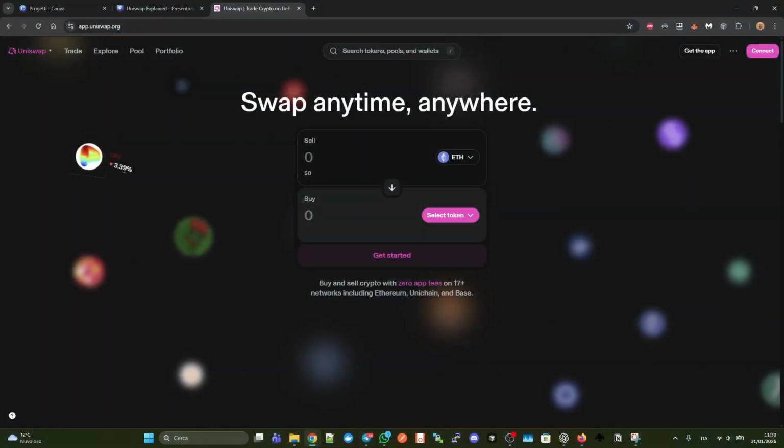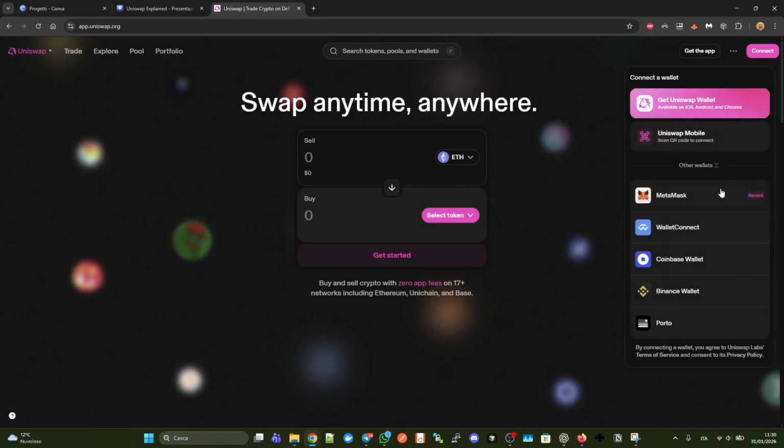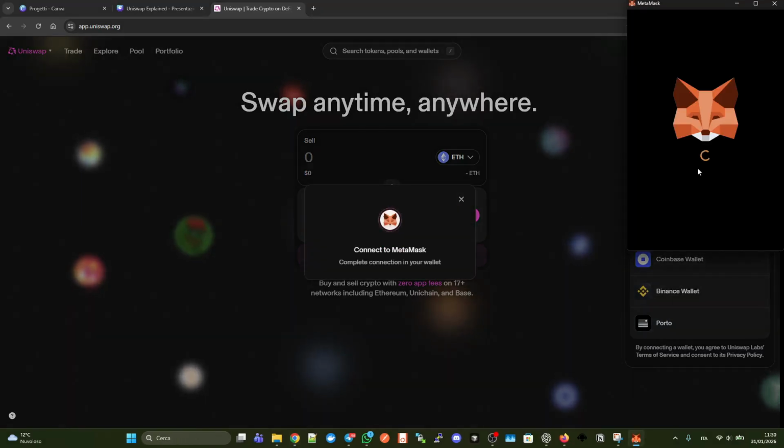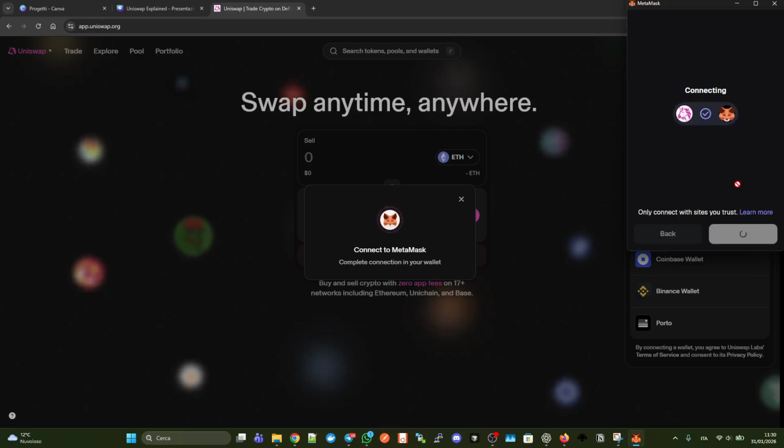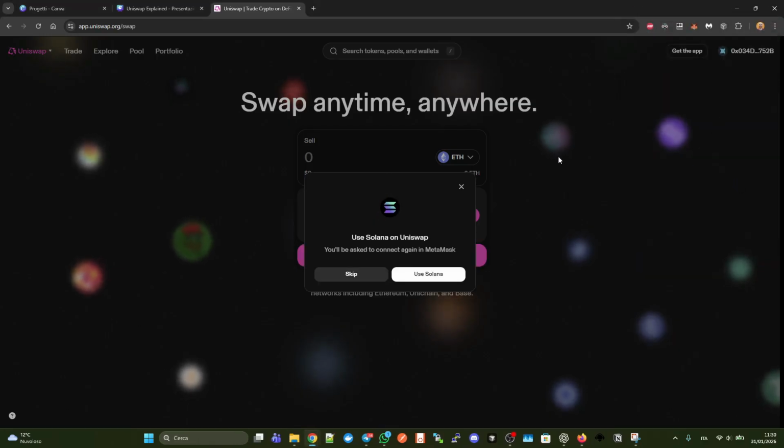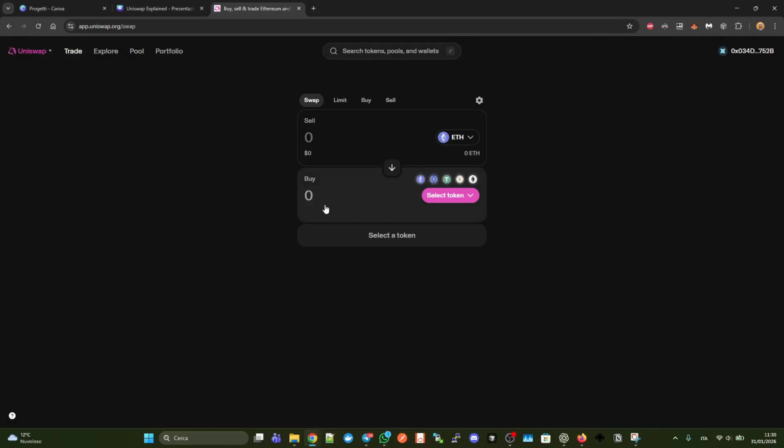So this is the Uniswap web page. Let's try to make a simple swap. So the first thing to do is to connect the wallet as always. Okay, this is my wallet that has $10 of it. Connect. Okay, so now it is my wallet. I want to swap, let's say, 50% of it for